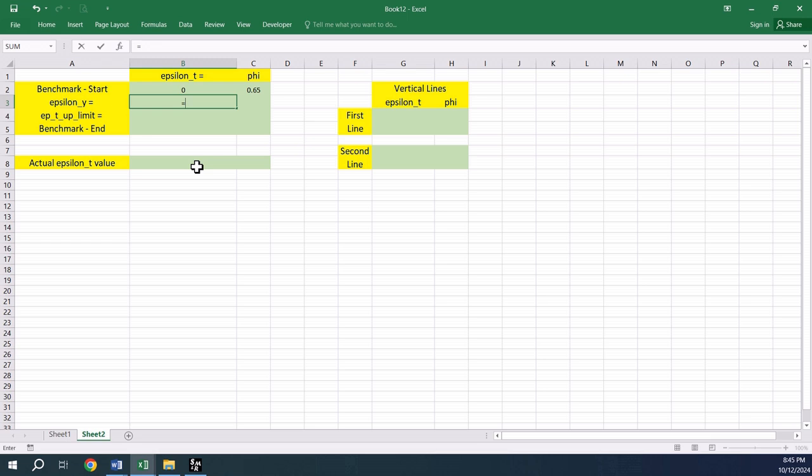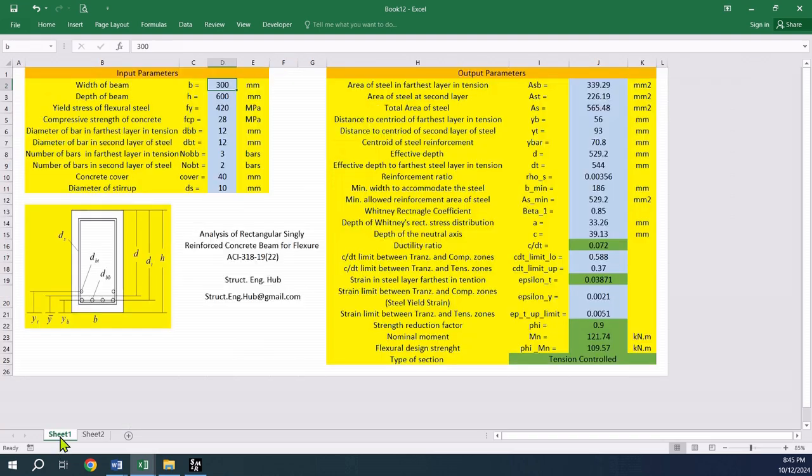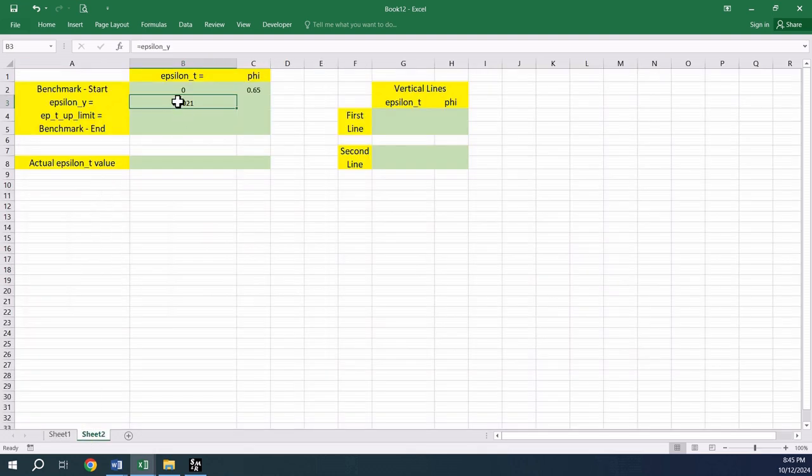Next, I want to use the value of epsilon y, which is the yield strain, so I'm going to hit equal and then type epsilon. You can see that Excel shows you different alternatives, so select here epsilon y and then click enter. This is what is meant by dynamic linking. Now, whatever value is assigned to epsilon y in this Excel sheet will automatically be assigned to this value here. So epsilon y with 0.65,